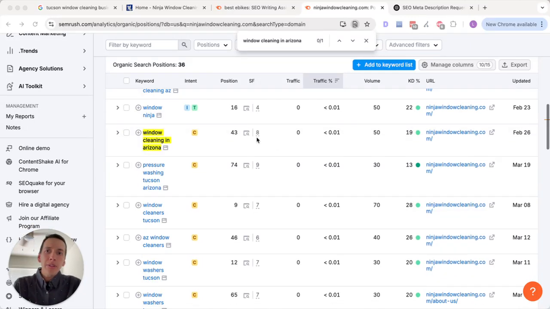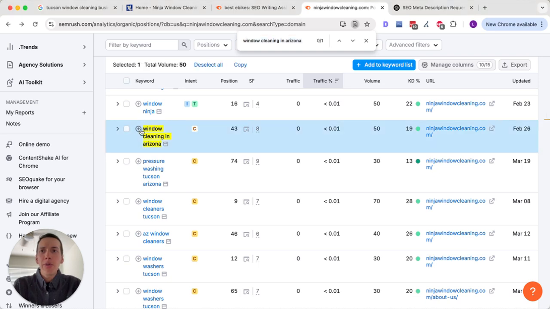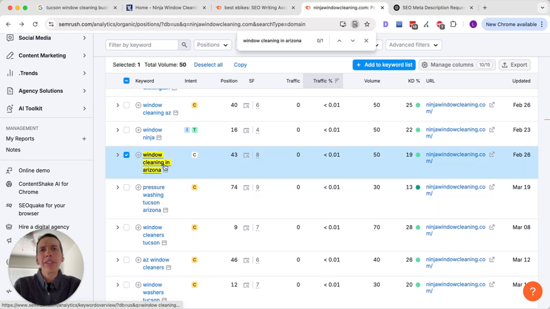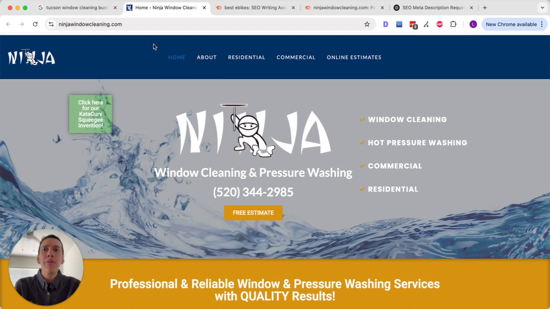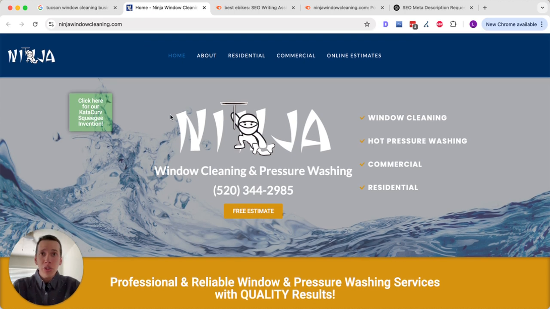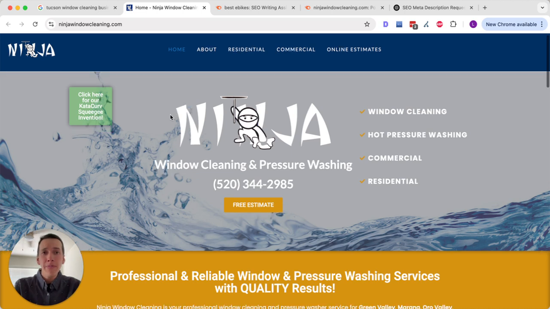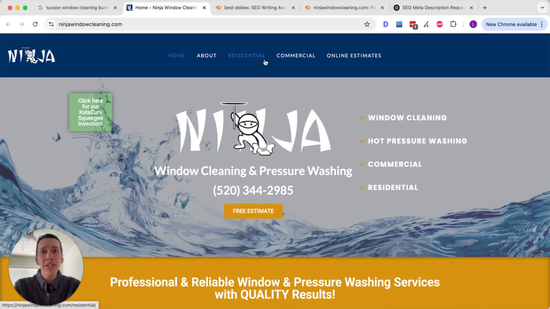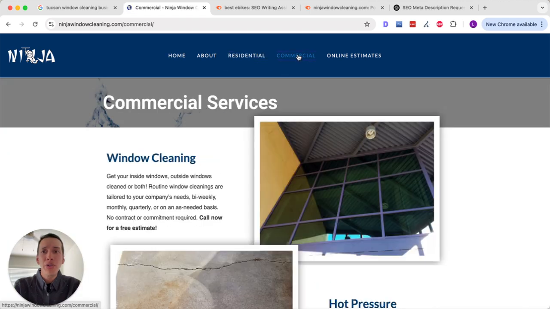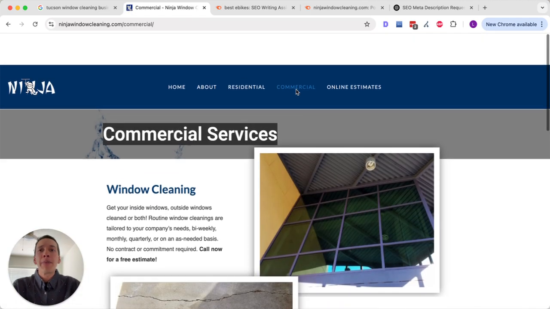Okay, so now let's say that we want to go with this keyword here and we want to target the homepage for this keyword because this seems like the most relevant keyword to target for this homepage here. And if you're ever unsure of what keywords you've got to use to optimize either this page here, your residential page, or your commercial pages, oftentimes,